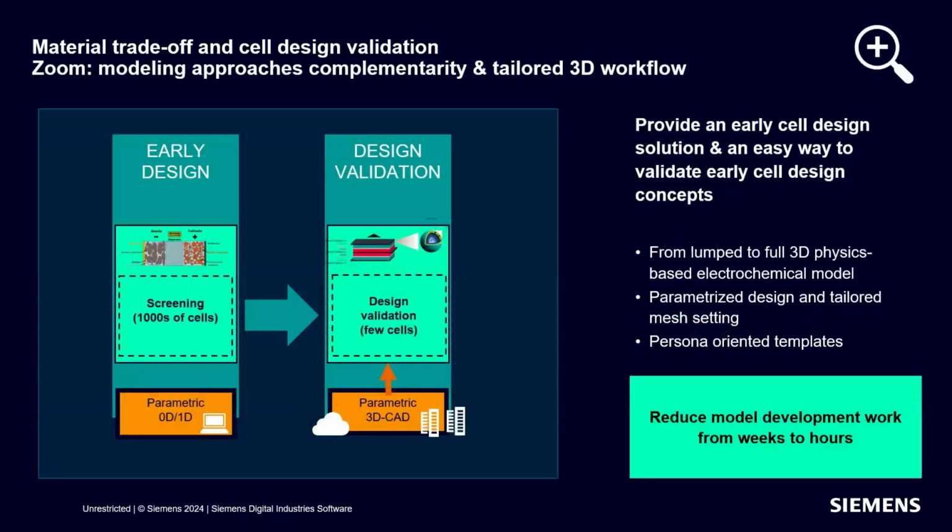I've just shown you a demonstration of the 1D modeling tool, Battery Design Studio, and how we can take that design and put it into our higher fidelity tool to build a 3D physics-based model to understand layer by layer variation in cell performance, and even across the surface of the electrodes. You can look at phenomena like localized lithium plating, for example, which is detrimental